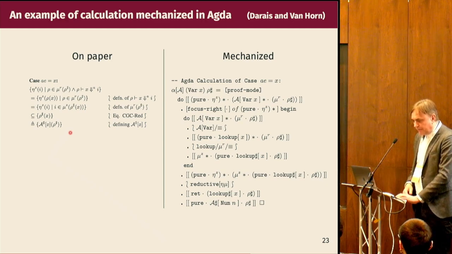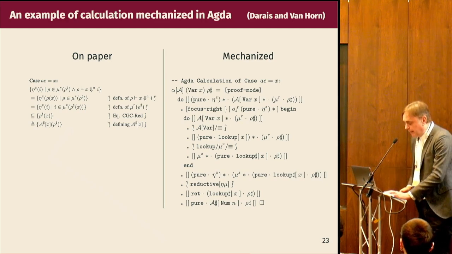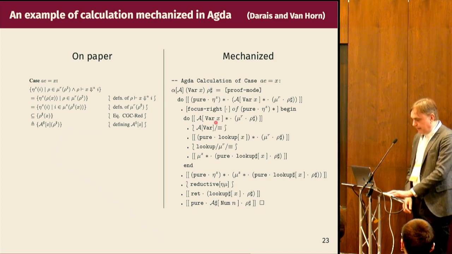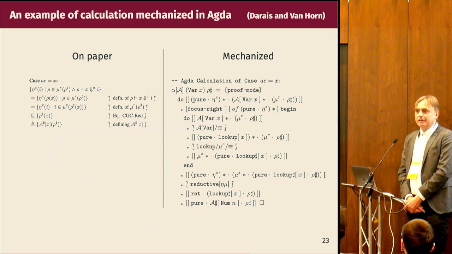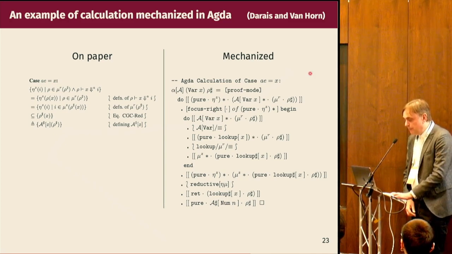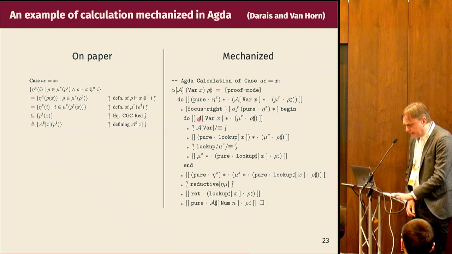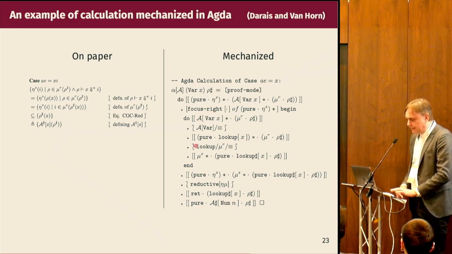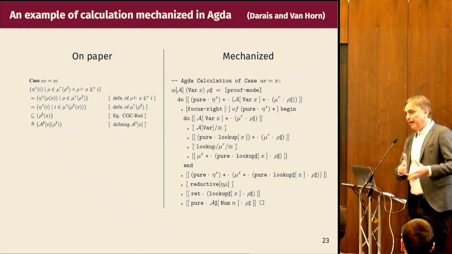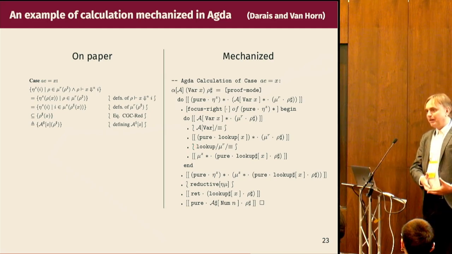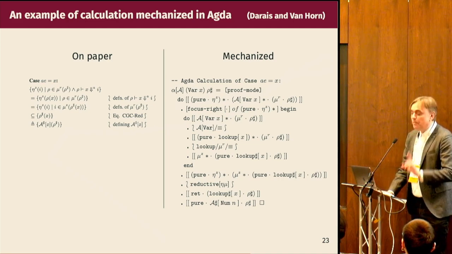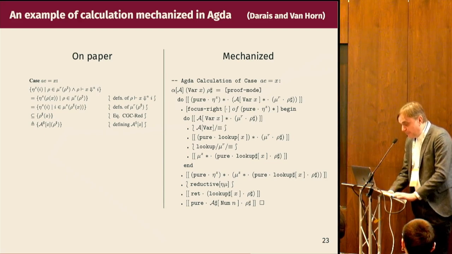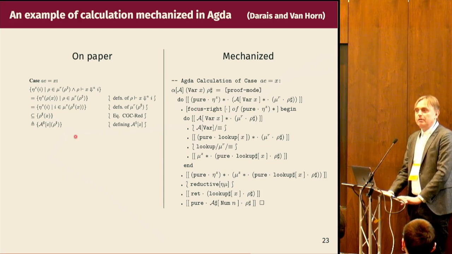And maybe it's a little too small, but that's taken from their paper. So to the left, you have a calculation on paper in their monad, in their domain, sorry. And to the right, you have the same calculation being mechanized in Agda. So that's really a tour de force, as we say in French, because Agda has no interactive proof mode, but they actually implemented one. So what you see is pretty small on the right, the do, the curvy brackets, etc. These are all Agda terms that explain how to refocus and unfold and apply simplification rules and so on. So this is completely crazy, if you want my opinion. But, no, not crazy, black magic. This is black magic. Okay, but in the end it works, and it looks a little bit like the original on-paper derivation.